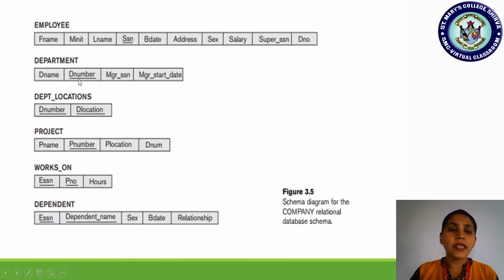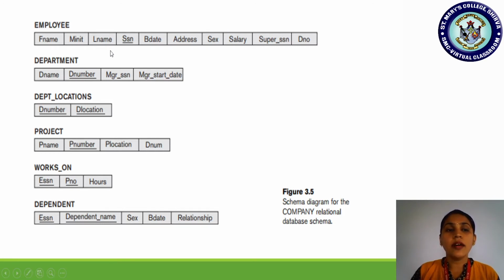Department number acts as a primary key of which relation? Department. If the primary key of a particular relation is referred to in any other relation, then this attribute is called a foreign key.